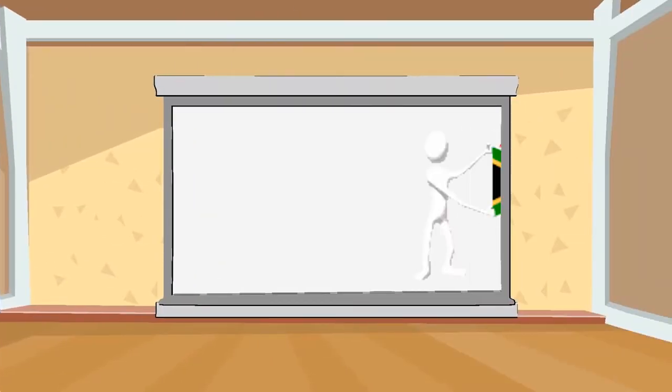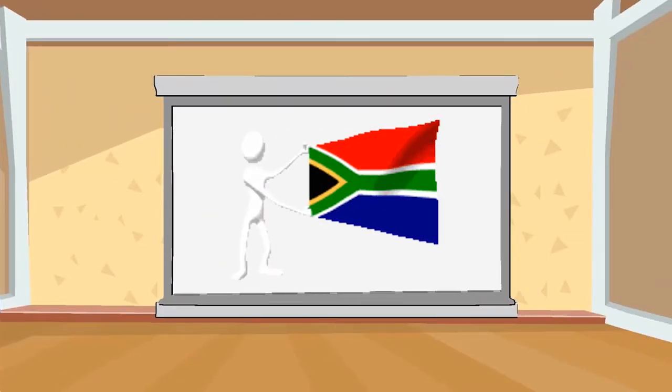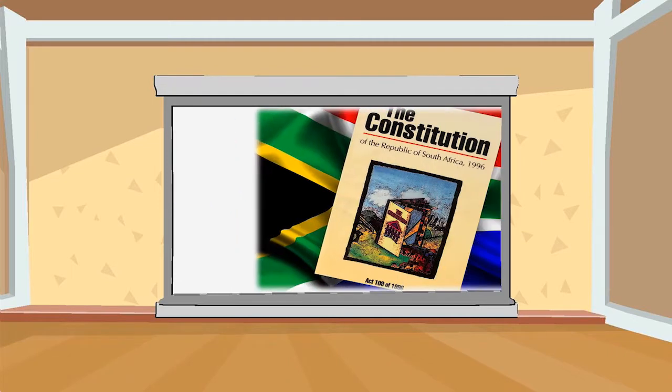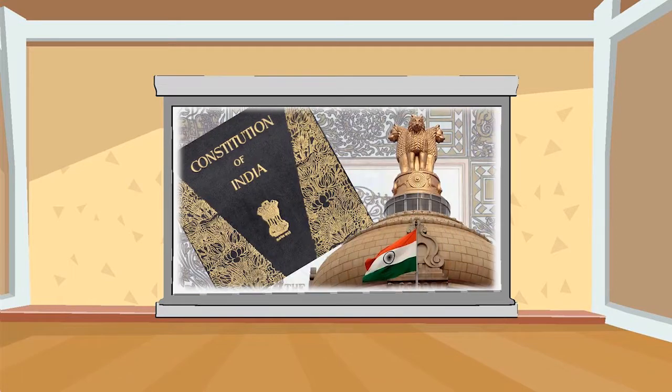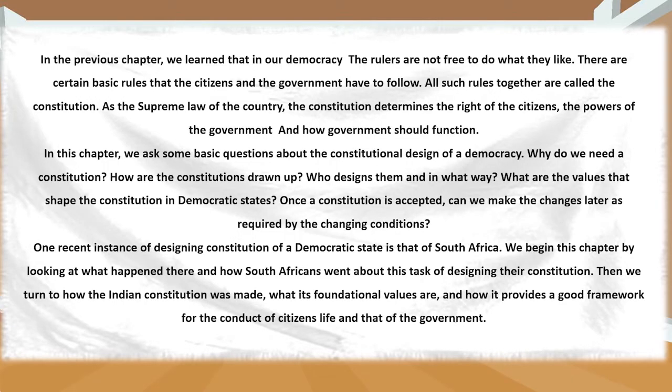By reading the overview mentioned in the textbook, we can conclude that this lesson is going to provide us with information regarding constitutions. We will understand the significance of the constitution, the need for the constitution, the method of building a constitution, and about the people involved in designing the constitution. This lesson also highlights real and recent incidents of designing the Constitution of South Africa. We will begin by comprehending what happened in South Africa and later move on to the rest of the parts mentioned in the overview.